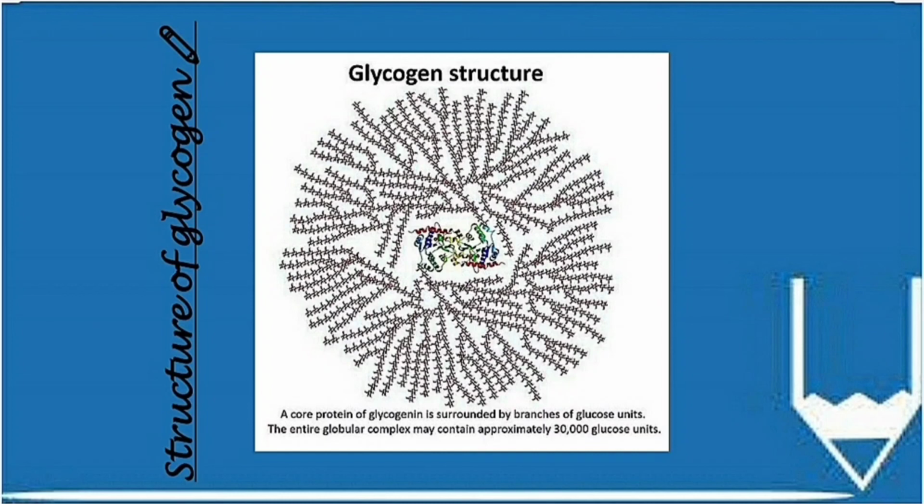Glycogen's role in maintaining blood glucose level is especially important because glucose is virtually the only fuel used by the brain except during prolonged starvation. Moreover, the glucose from glycogen is readily mobilized and is therefore a good source of energy for sudden strenuous activities. So this is all about disaccharides and polysaccharides.